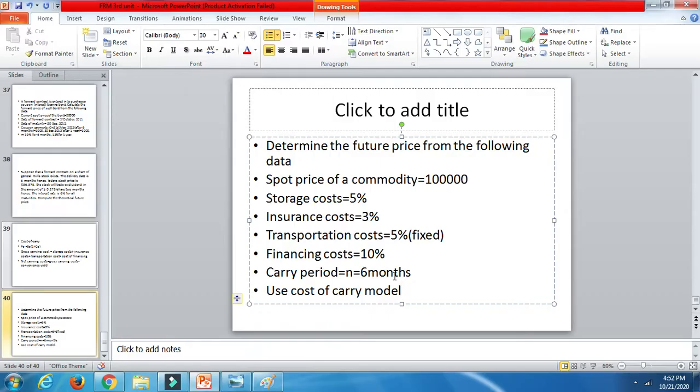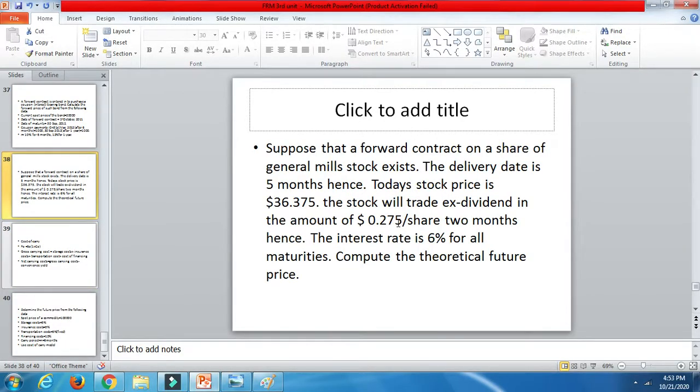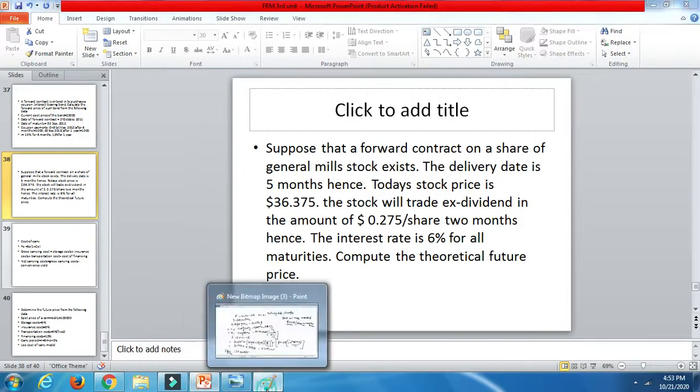I have explained to you in my last class about the future problem. We'll do more problems on future contracts only. This is another way of doing the cost of carry. It's a similar sort of problem. If this sort of question is given, you need to do this sort of solution as I have shown you in my last class.